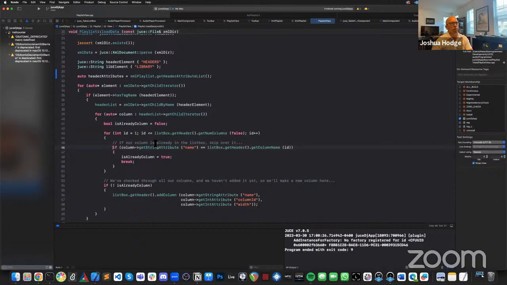So if column get string, let's see, so we got our header attributes. So if element